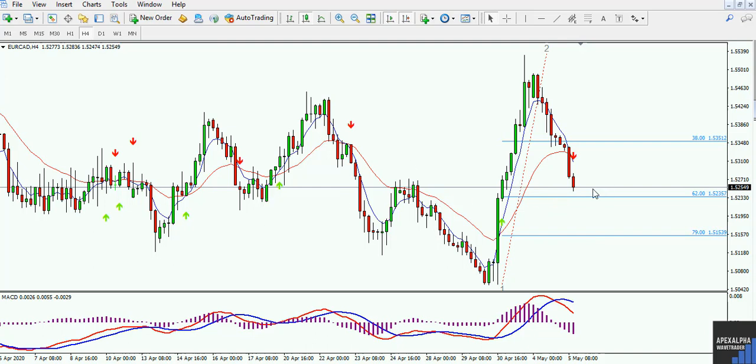So the only way you can get into this trade to go up right now is to get a golden cross on the EMAs here, golden cross again. Okay, so for the EuroCAD,